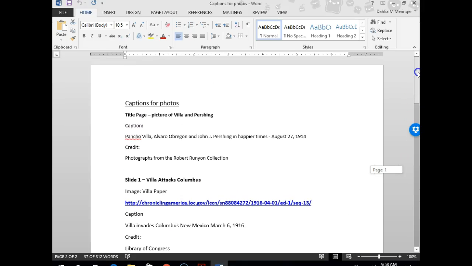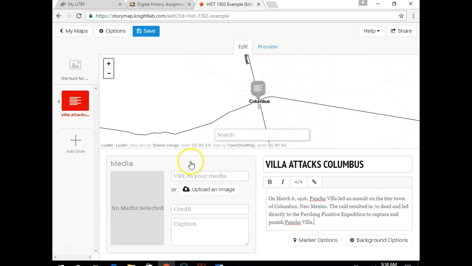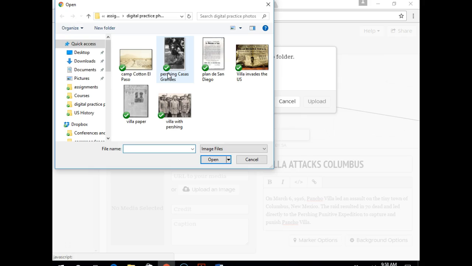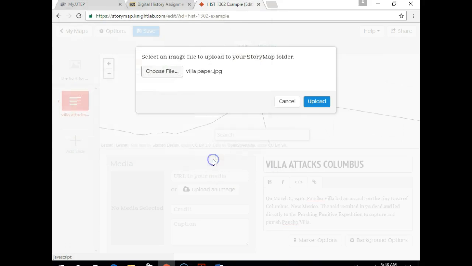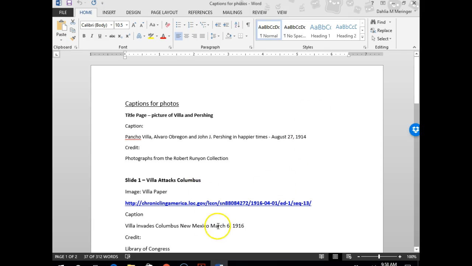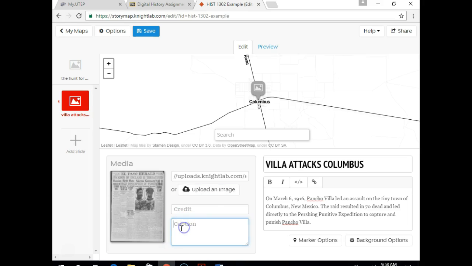I will also include a photograph. I have a photograph of an image that I want to put here, an image that I got from one of the suggested sites for primary source documents, an image of a newspaper article that talks about this invasion. I'm going to include that, and I am going to include as well a caption and a credit for the photo. Caption, credit, I got this picture from Library of Congress. I got it from the Library of Congress website that is recommended in the instructions as one of those sites where you can get the